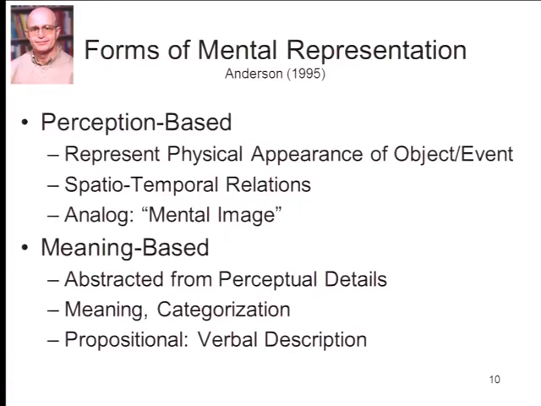and commonly referred to as mental images. Then, in addition to these perception-based representations of the self, we have meaning-based representations that exist at a more abstract level than one that focuses on the perceptual details. They have to do not with the attributes themselves and what you look like, but kind of the meaning of things, the categories that things belong to. And what's distinctive about these meaning-based representations is that while perception-based representations have a kind of analog quality to them, like mental images or pictures in the head, these meaning-based representations are propositional in nature.